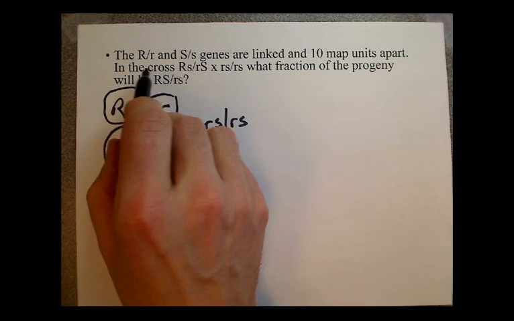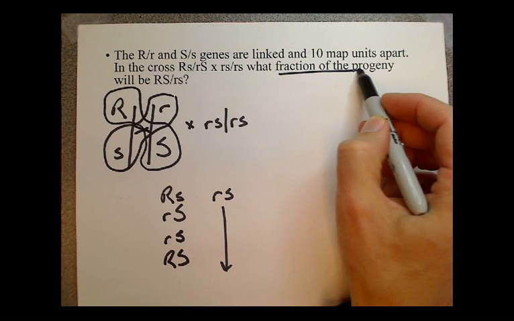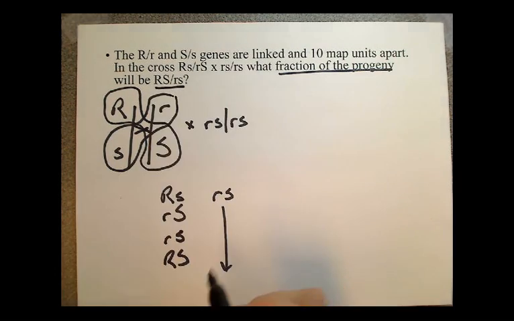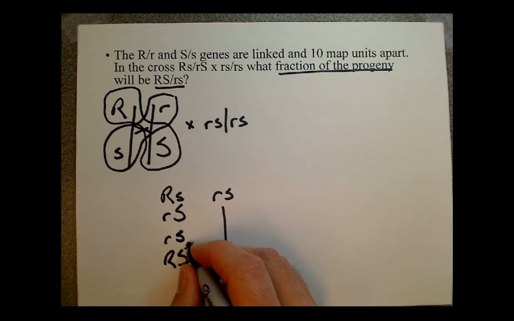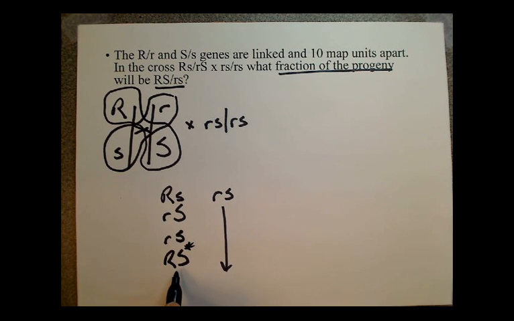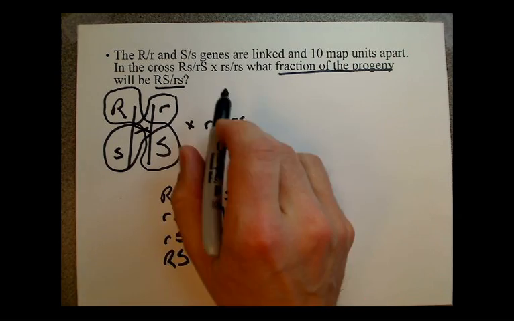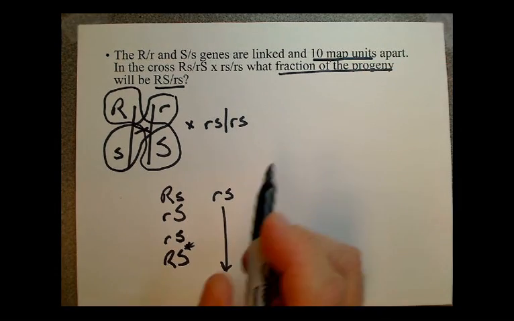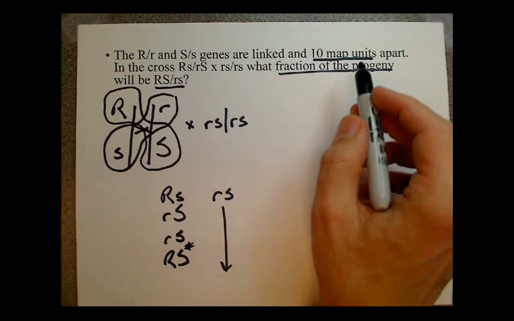Okay, so then the question is what fraction of the progeny will have this particular genotype? So big R, big S. So the one we're primarily interested in is this particular genotype. So we're told that they're 10 map units apart, and what that means is that these will recombine about 10%